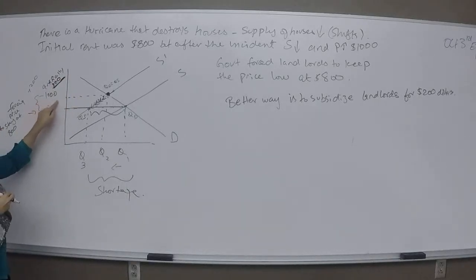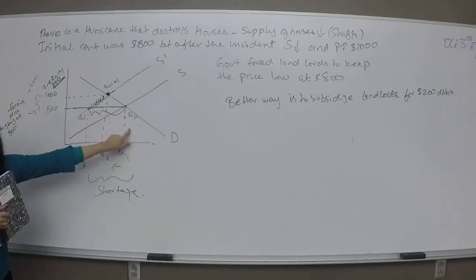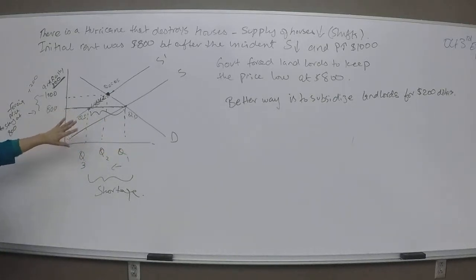You can say that this new 1,000 price, we're keeping it artificially at 800 to reach the equilibrium. I see what you're saying, like there'll still be high demand. Yeah, so there is high demand, but there's also high supply, because they're getting subsidies, so the supply is also high. So they will meet equilibrium. Does that make sense? Yeah.